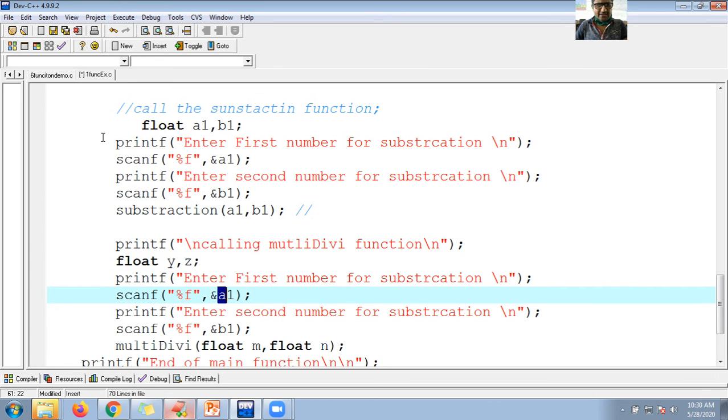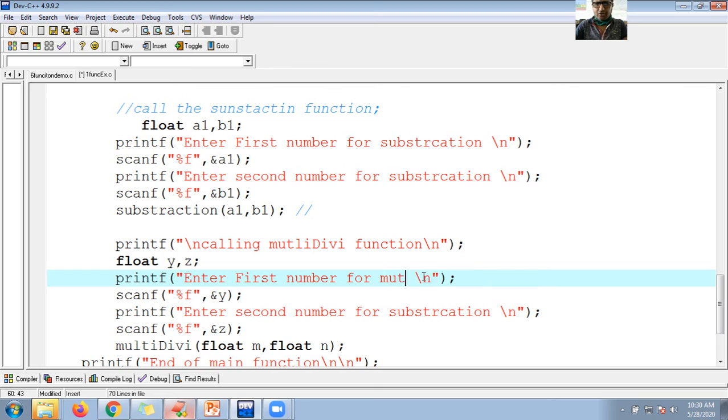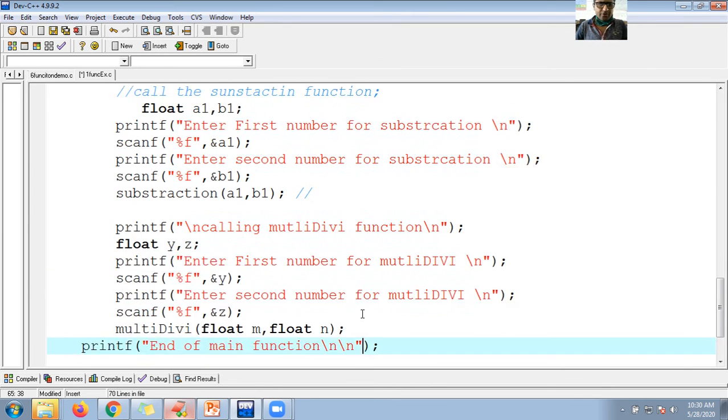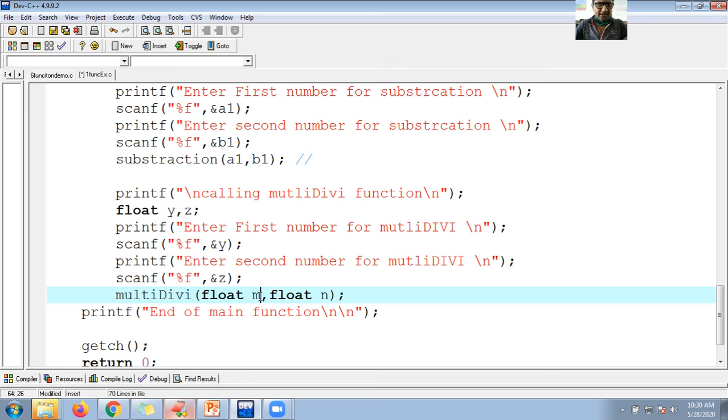So what should I do here, guys? Here is y and here is z, and here is stop multiplications. So I will use here multi comma dv. For multi dv I'll use the same. So fine. So here z. What should I pass here, guys? Y. What should I pass here? Z. Okay, clear now? Clear?